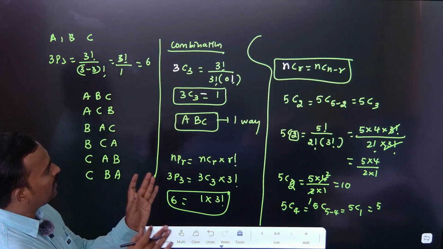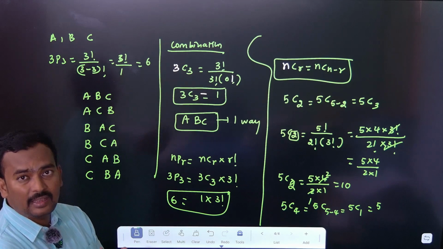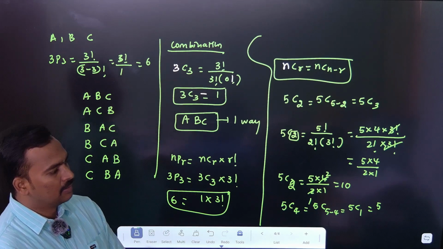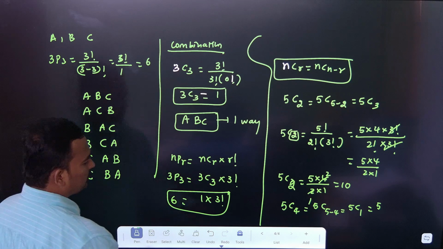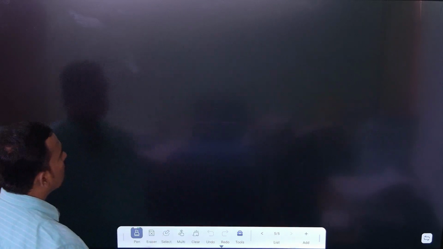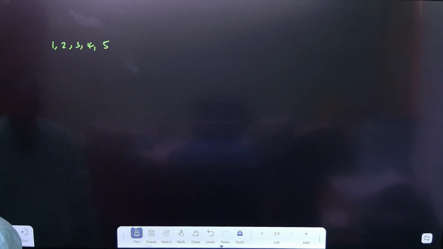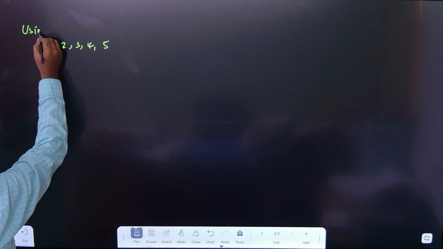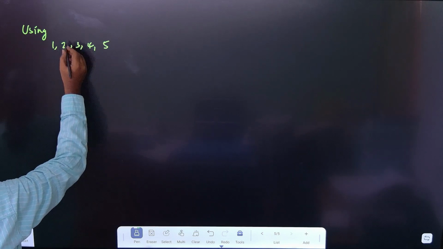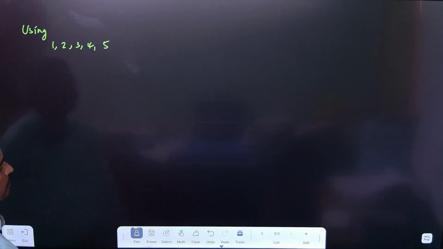Clear? This is your relations between the permutations and combinations. Okay, let us take some more examples. Suppose, for example, let us take the numbers 1, 2, 3, 4, 5. Using these digits, using 1, 2, 3, 4, 5, how many